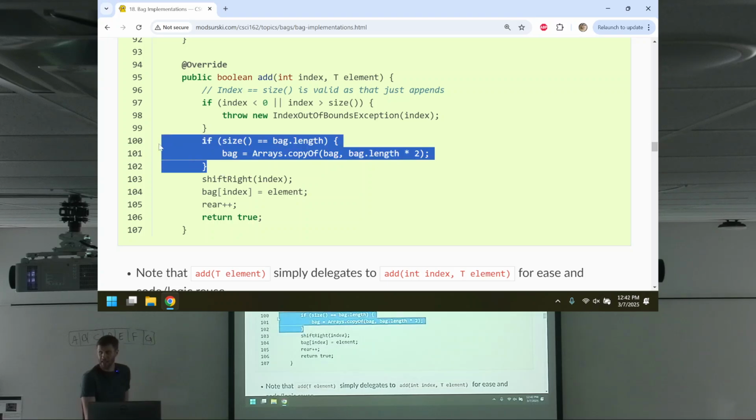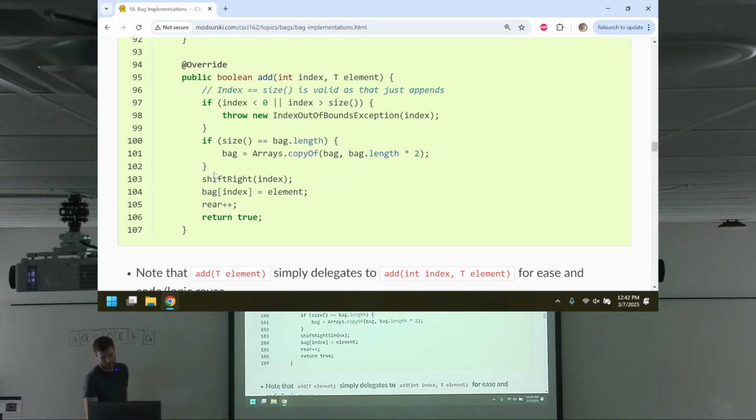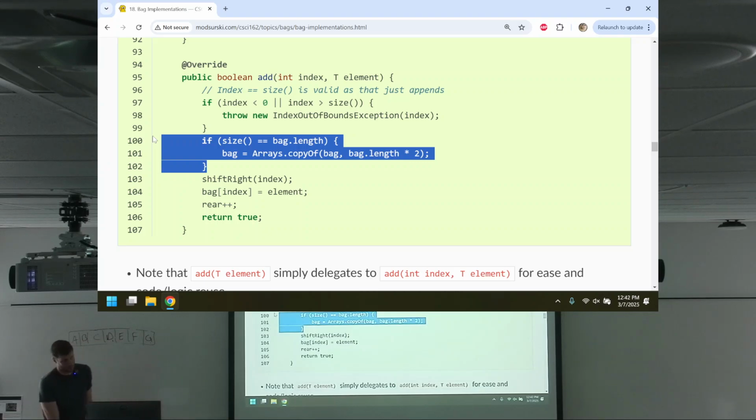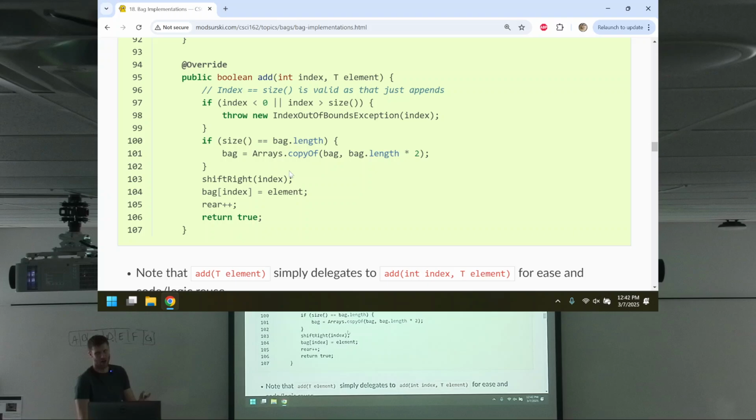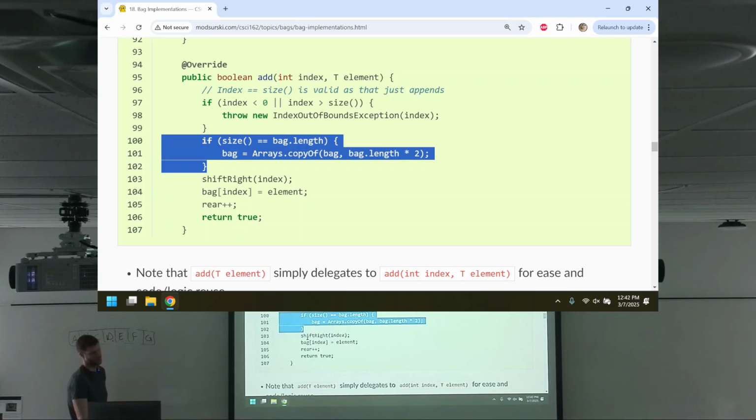if there's no room, because look, if I want to add something here, is there room? No. We'd have to expand capacity. So I will expand capacity if there's ever the case where there's not enough room in the array to add anything. That would mean there's not enough room in the array to shift anything. If that's ever happening, I'm going to expand capacity first. That's what's going on here. Then I shift right. So there will be room. It should never be possible to call it if there's not room.